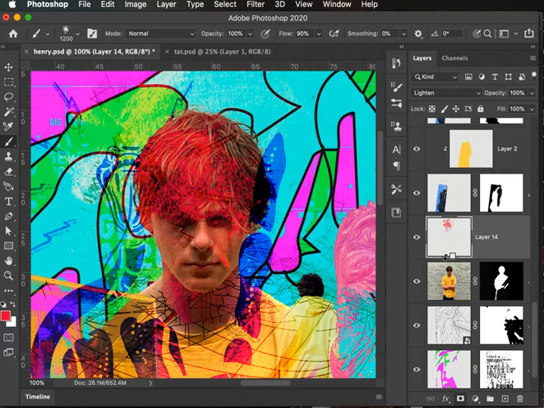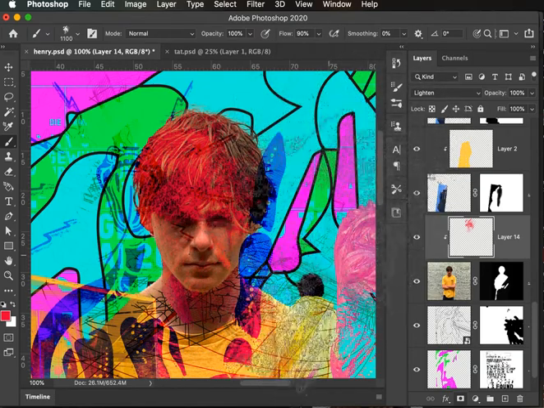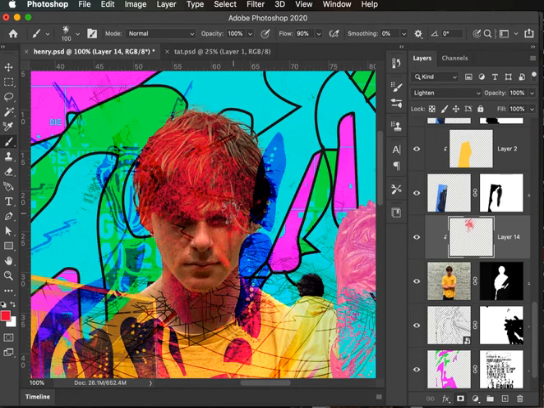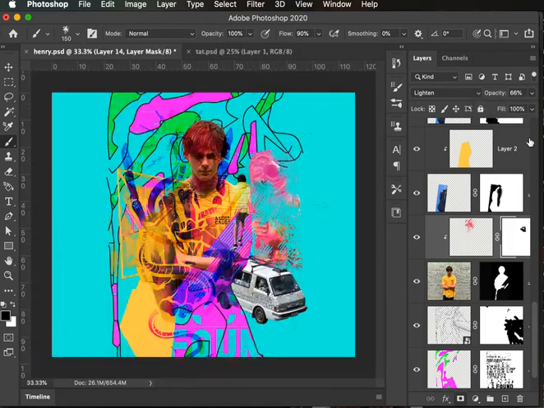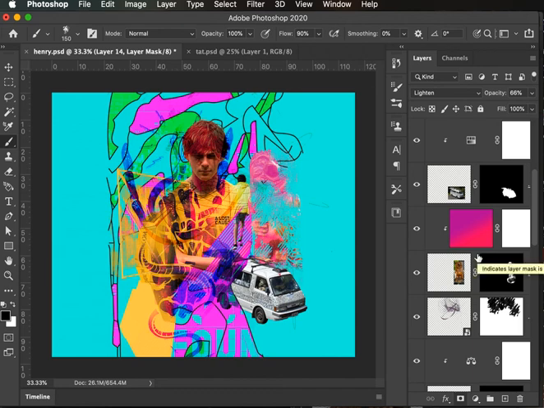Lighten, Option, clip. Make sure it's just on the Henry's head, nothing else. And if I want to give a little bit more around the eyes, layer mask, reveal all. Black is my foreground color, 100%. And take it off down there. I can lighten, but I can also change the opacity of that so it's not quite so strong. So that's it, just trying to build up an image. Alright, so we'll leave it